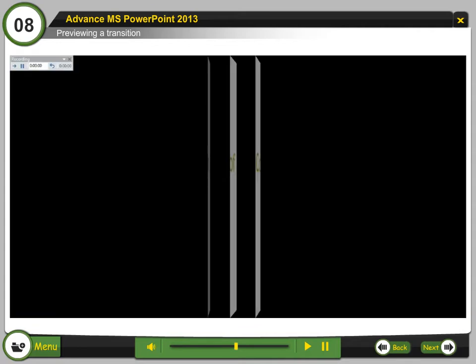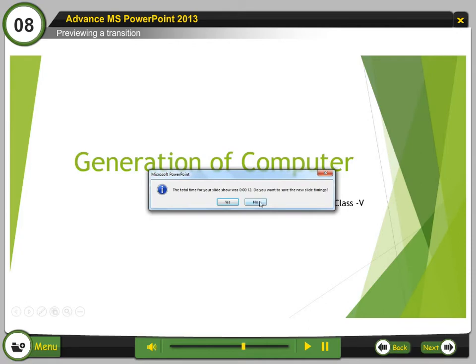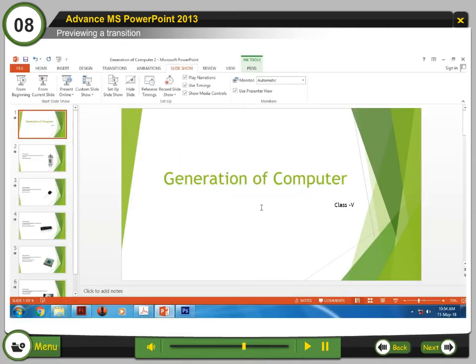The presentation will begin on slide 1 and the rehearsal window will pop up to time the presentation. Step 3. Continue clicking the mouse to advance the presentation through the entire show and return to normal view. Step 4. Click No at the prompt to keep slide timings.